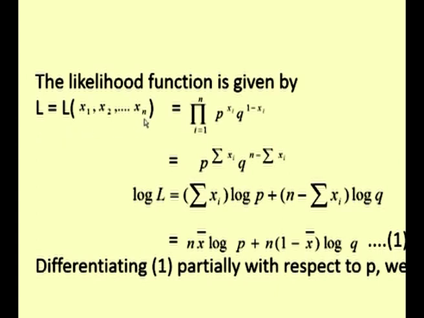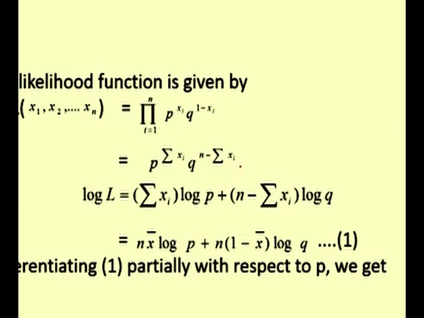up to xn is nothing but the product of p^xi q^(1-xi). You know that here, the product for i equal to 1 to n of p^xi q^(1-xi) is nothing but p^(summation xi) into q^(n minus summation xi). See, just expand the previous equation. Here it is actually